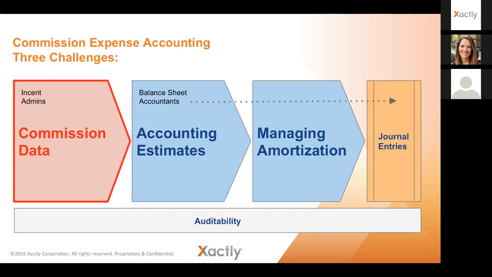And that data, which is typically the responsibility of the commissions group at companies, is really foundational to being able to meet this standard. Without the information, there's really no way that your accounting department can support making those entries and produce good financial statements that are auditable. So pretty important that we get this data right.